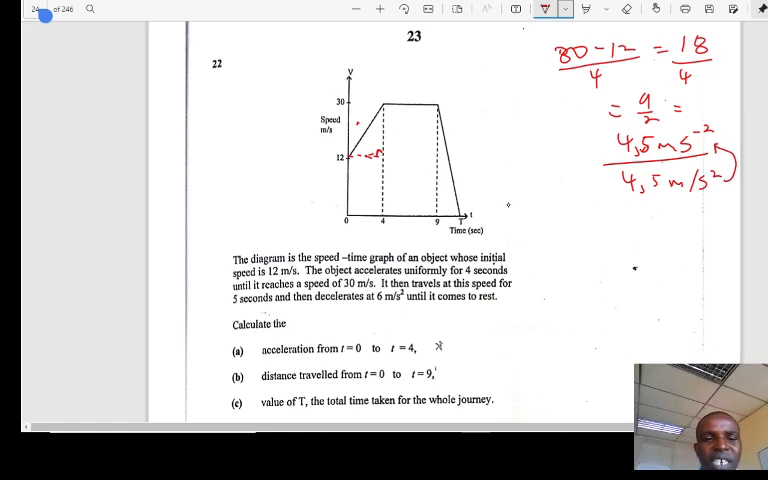Right, next. B. Calculate the distance traveled from t=0 to t=9. Distance traveled is equal to the area under the graph. So from t=0 to t=9, is this graph here? If you look here, we have a trapezium, shape A, and shape B. Shape B is a rectangle. So it's the area of a trapezium plus the area of a rectangle, which means we can say